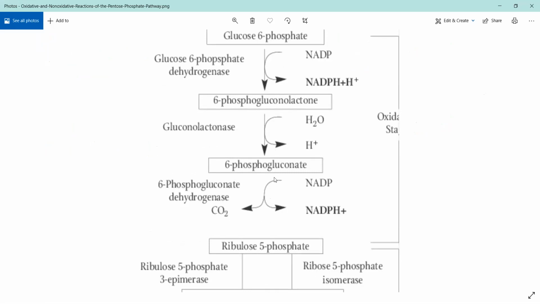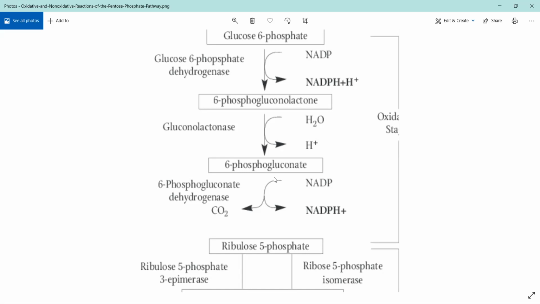First, glucose 6 phosphate will undergo oxidation. It will lose hydrogens. Gaining hydrogens or addition of hydrogens is called reduction. Loss of hydrogens is called oxidation. Another way to put it is addition of oxygen molecules is called oxidation and removal of oxygen molecules is called reduction. You can say it that way as well. There are several ways of putting that oxidation and reduction. You can also tell it in terms of protons and electrons.